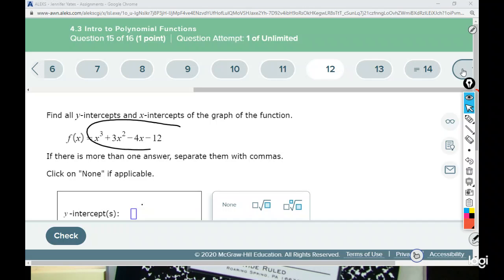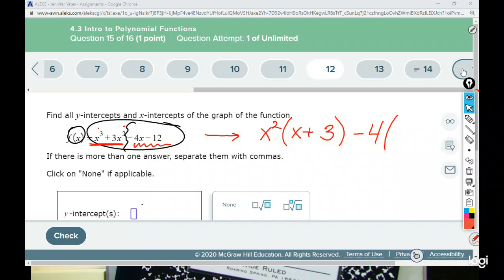Does this have a greatest common factor? No. So I can start factoring here. Split it down the middle. Greatest common factor on the left-hand side is what? X squared. After I factor out that x squared, I would be left with x plus 3. Greatest common factor on the right-hand side. -4. Divide both of those by -4, and I'm left with,